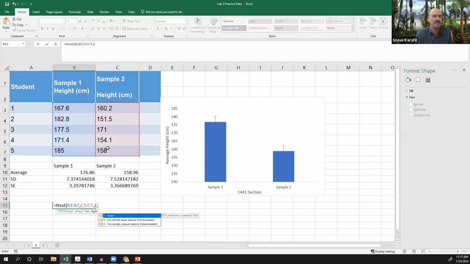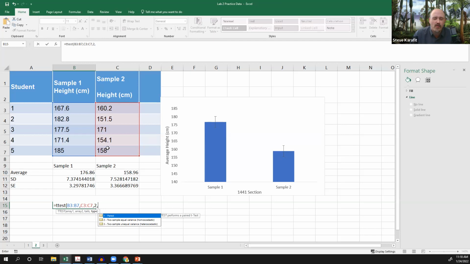And then it asks me for the last set of data. I'm going to choose number 3, two samples, assuming unequal variance. That's just a safe bet. I'm not going to explain that exactly, but in class, when you're designing your own experiments, you're probably going to choose either number 1 or number 3, and normally it'll be number 3. The only time you choose number 1, which is a paired t-test,